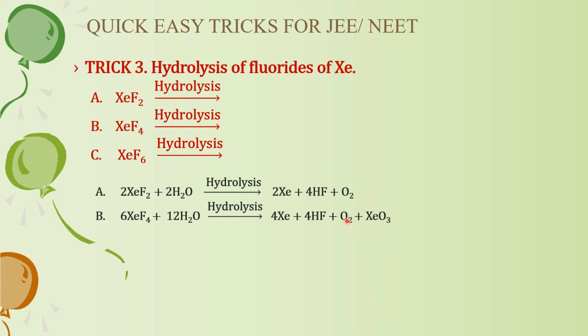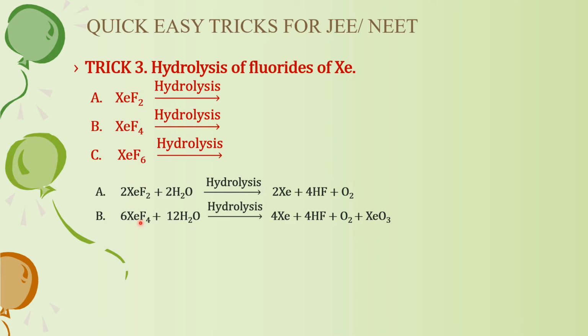But well, now these two think that they are developing a very strong bond. So why don't we also develop a bond between ourselves? So they also form a compound, that is XeO3. And do remember that this was a very explosive friendship. The compound XeO3 is an explosive compound.